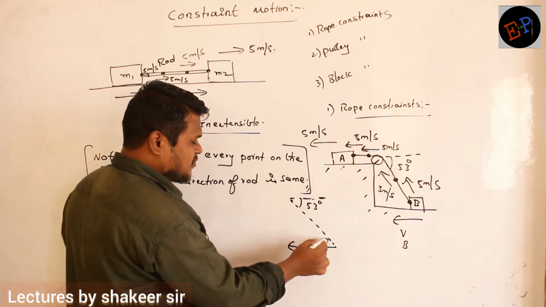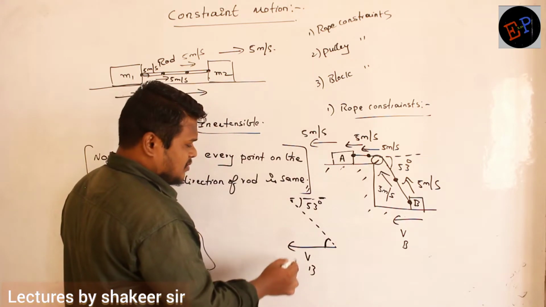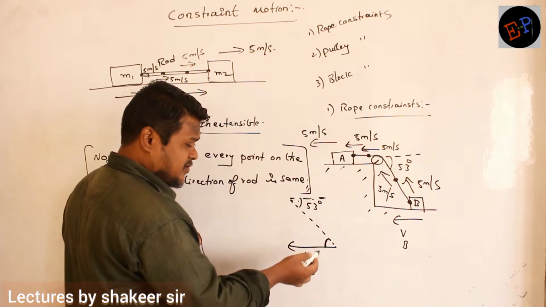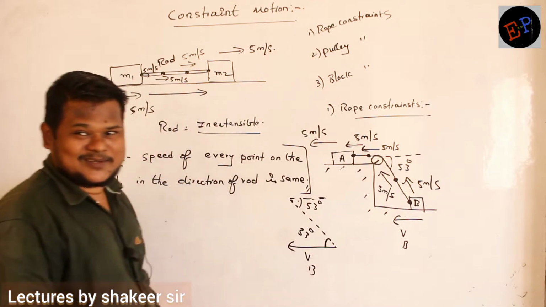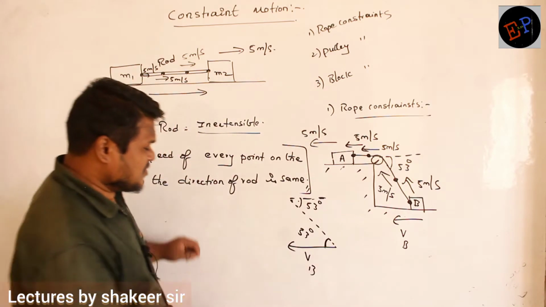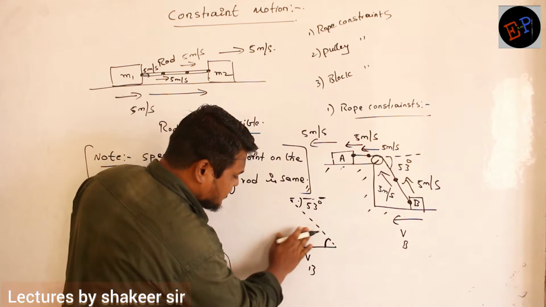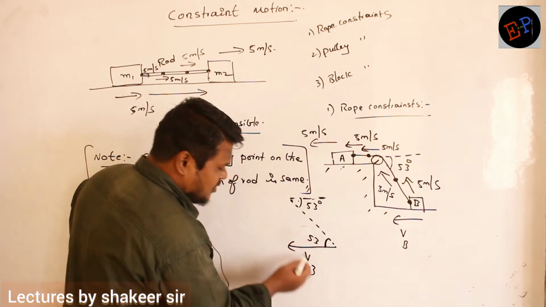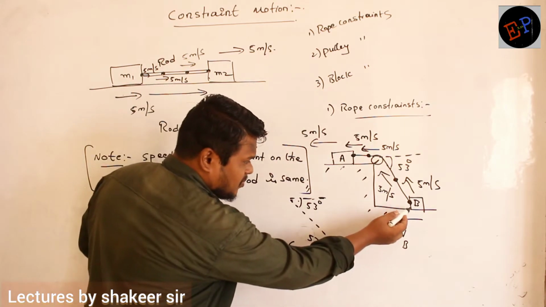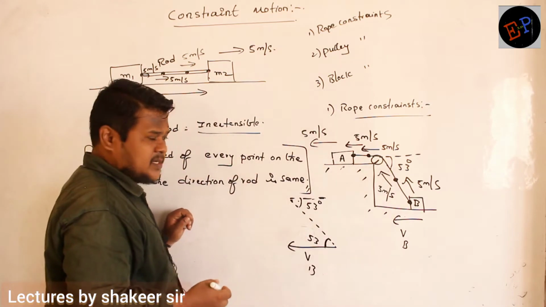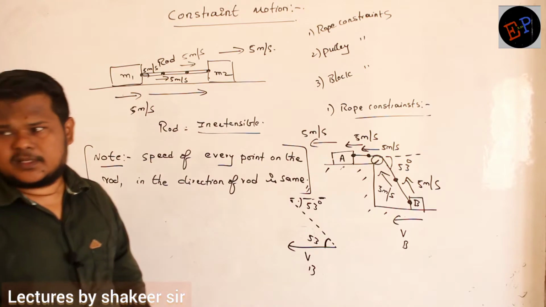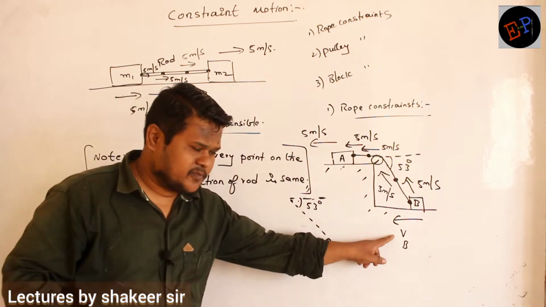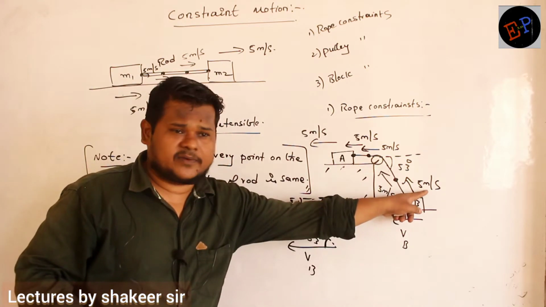If this is 53, what is this angle? This is 53, so what will this be? Will it be 53 only? Yes, correct. So this angle is also 53 degrees only. Clear, no? So therefore now what I will do, I will split this velocity VB into two components such that one component is in the direction of the rope. Because in the rope direction also the block is having some velocity, no? In the direction of the rope also, block VB is having a velocity of 5.